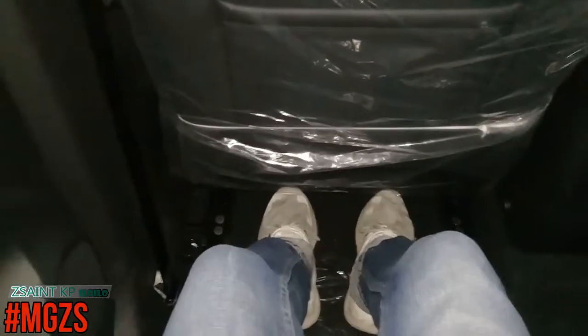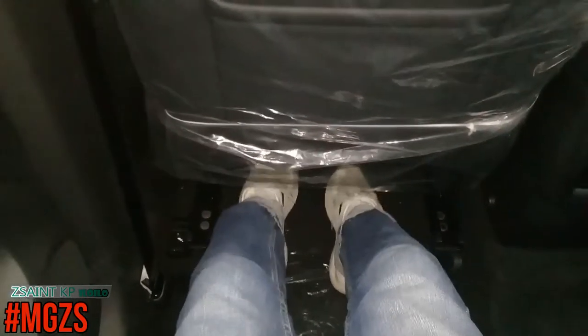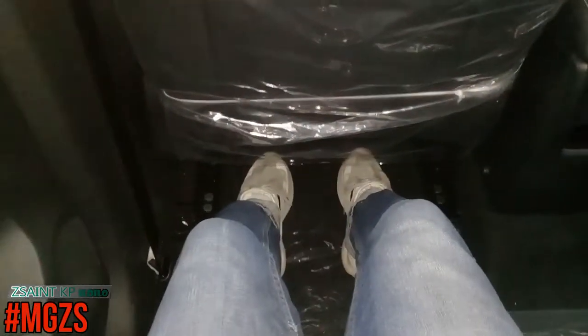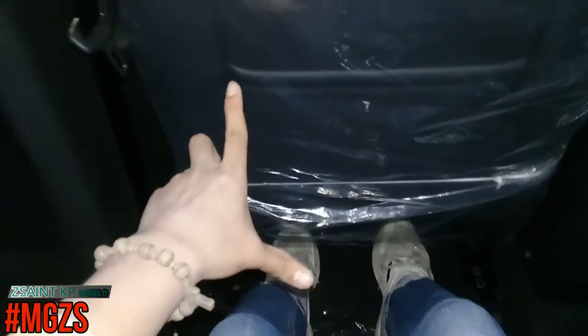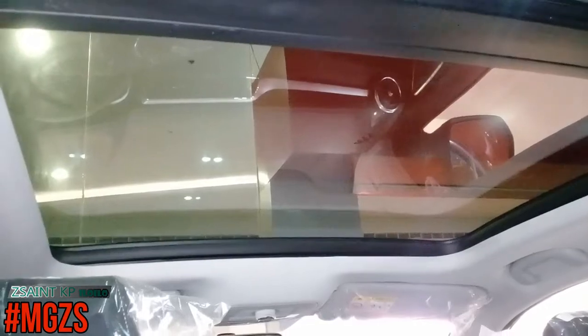I do set the driver's seat in a position that I feel comfortable in. I'm about 5'9", which is about 1.7 meters tall. And I don't reach my foot underneath the driver's seat, as you can see, but I do have room to stretch out my feet underneath the driver's seat. Now, as for legroom, I have slightly more than this. While I have this much in terms of headroom when the sunshade is exposed, but when the shade was closed and it imposes the sunshade, or I mean sunroof,